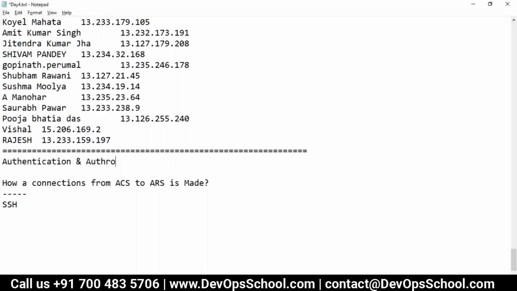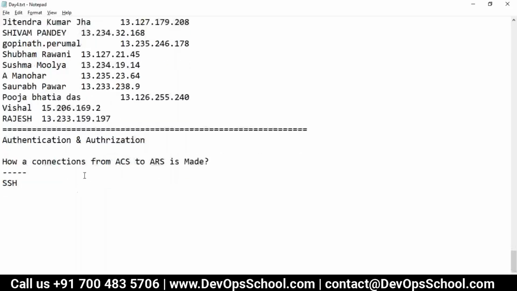Do you understand what authentication is? How can we log in? Authorization means what you are allowed to do. That's called authentication and authorization. So here it is SSH. Now we need to understand how SSH authentication and authorization work.